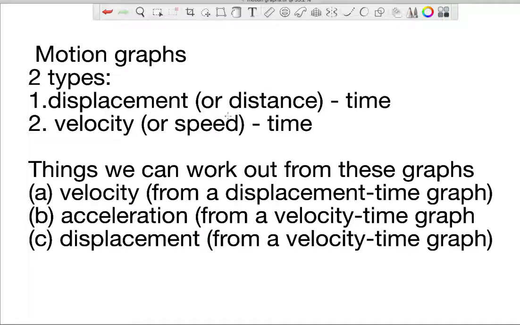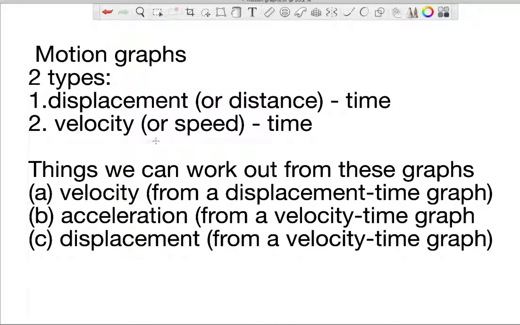So displacement or distance time graphs and velocity or speed time graphs. Again, there's a difference between velocity and speed, but mostly for these graphs, they're interchangeable in terms of you could label the axis one or the other and it wouldn't change the meaning of the graph. Sometimes it does, but most of the time it doesn't make a difference. Now, when we plot these two graphs, or when we have one of these two graphs, there are some things that